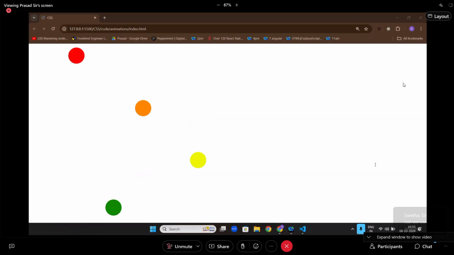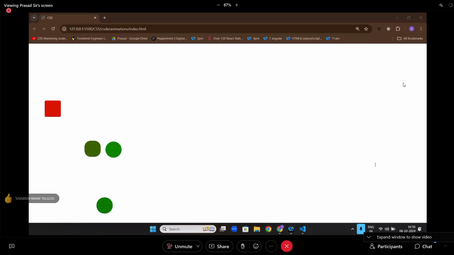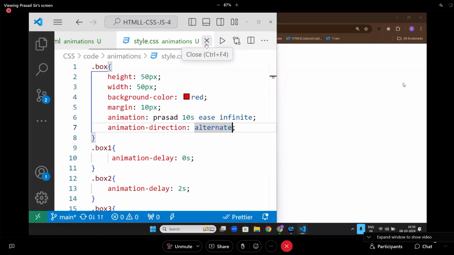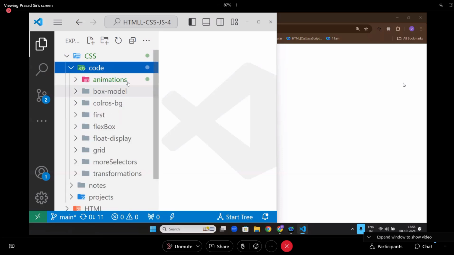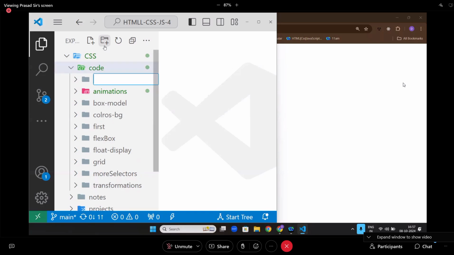Okay. Now, let's try it, sir. You can give animations to anything, even images. You can give your animations to images also. You all know that now. Now, let's go here. Animations, more, index.html,